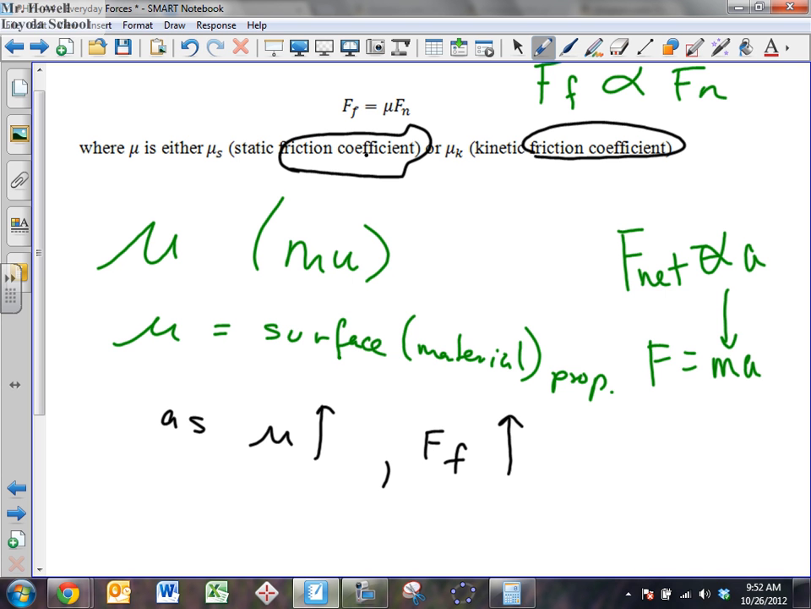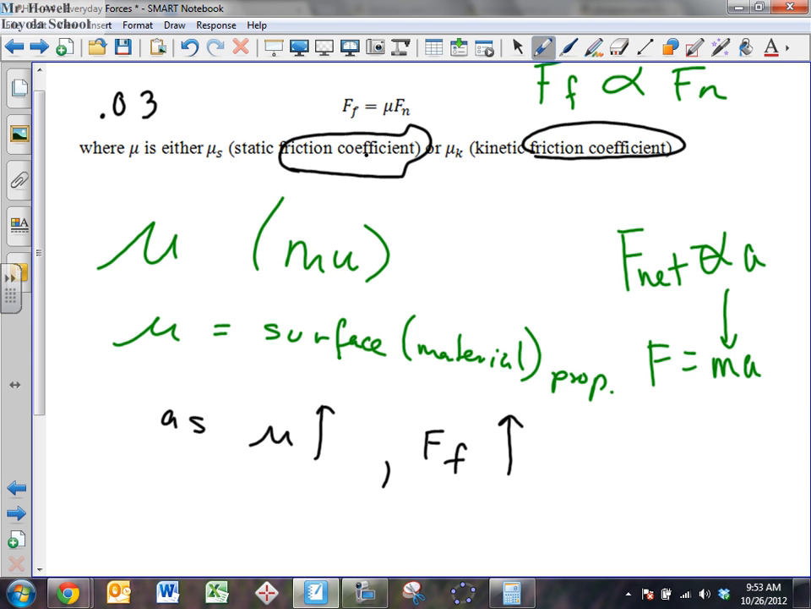Alright, so again, guys, to reiterate, two things. First, if mu is low, there is less friction. If mu is high, there is a lot of friction. To give you an idea, mu ranges traditionally between about